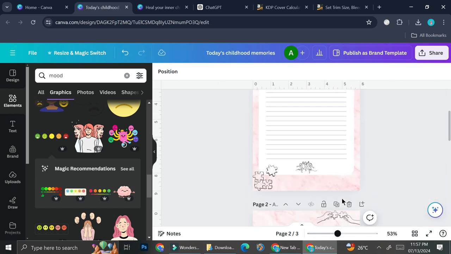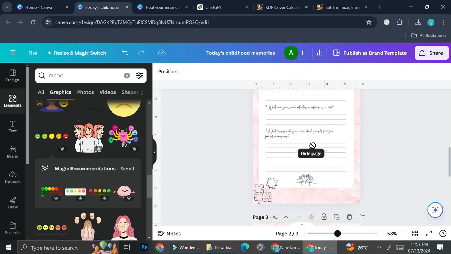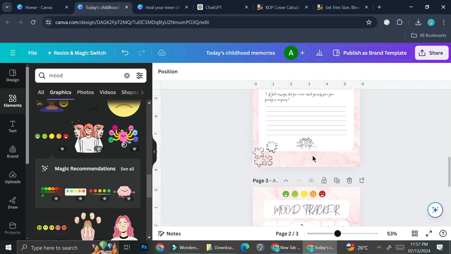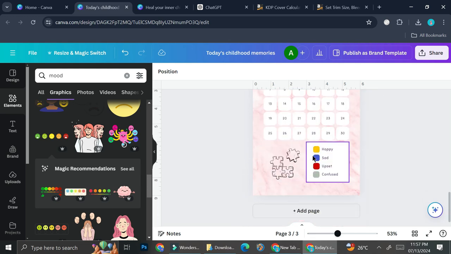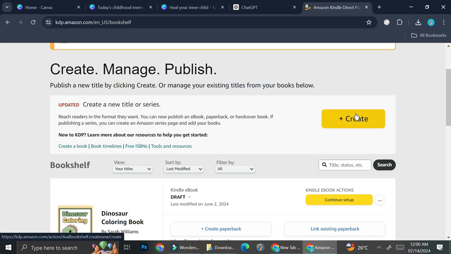Now all you have to do is add more pages. It can depend on what you want to add. Maybe you want some calendar, maybe you want to add more note pages, or maybe you want some more question pages. It's going to depend on what kind of journal you're trying to create. So for the sake of this tutorial, I'm just going to go ahead and make 30 pages, and then I'm going to download it, and I'm going to show you how to upload it into Amazon KDP. Alright, now that I got my journal downloaded, I've already entered my